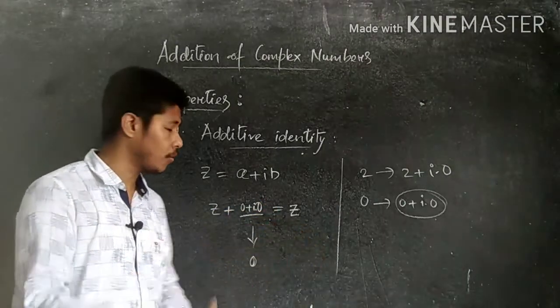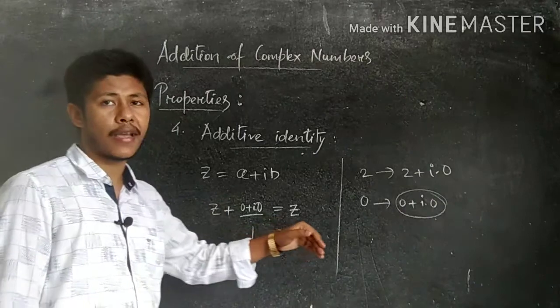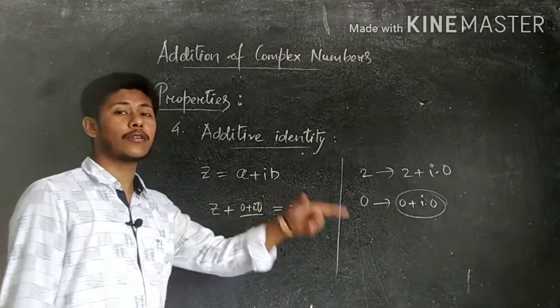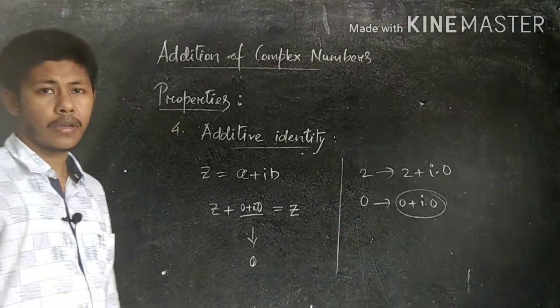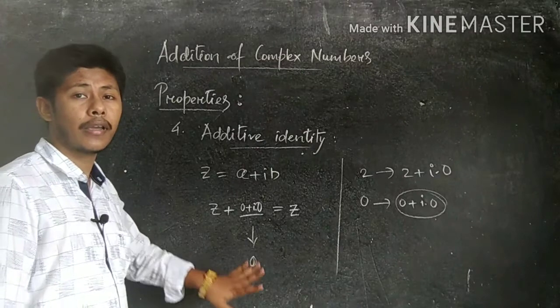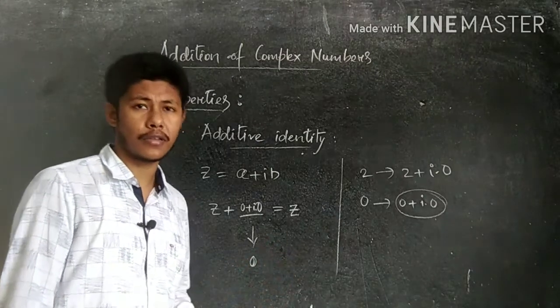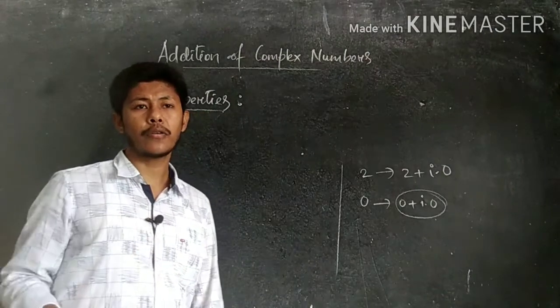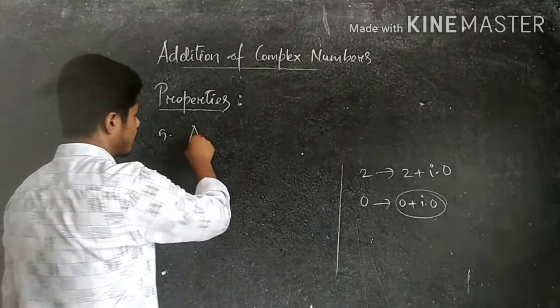Jodi kunbai jodi tumak khudhe in case complex number additive identity, don't say 0. Ami ki kobo lagibo? 0 plus I into 0 we have to say. Is it clear? So this one is complex number, this one is real number. Is it clear? I think all of you understood this. Okay. Now the next one is additive inverse.